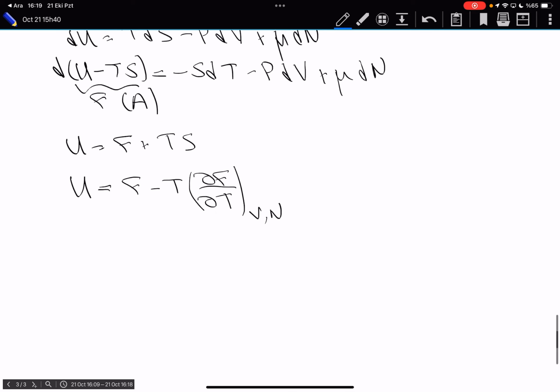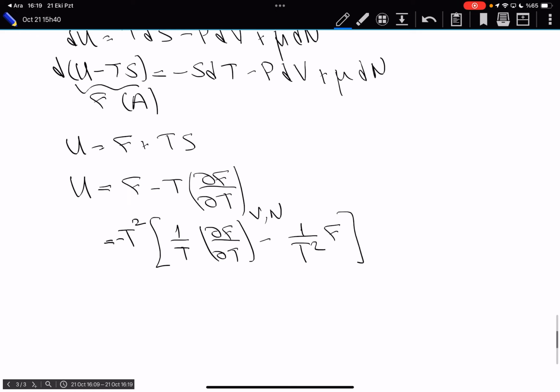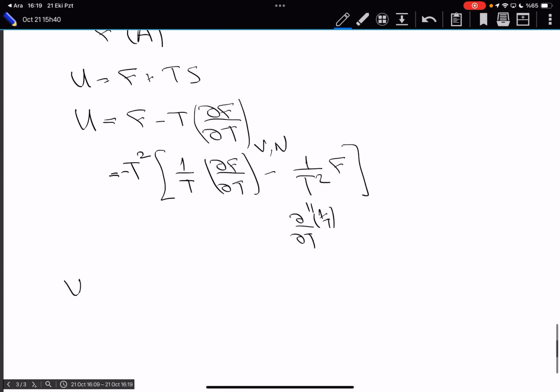So let me see if I can change this expression U to a derivative of something else. So let me write it in a slightly different form first. Let me take a T squared out, or minus T squared out. So that will give me 1 over T derivative of F with respect to T minus 1 over T squared of F. Well, 1 over T squared is nothing but the derivative with respect to T of 1 over T. So U is equal to minus T squared derivative with respect to T of F over T,